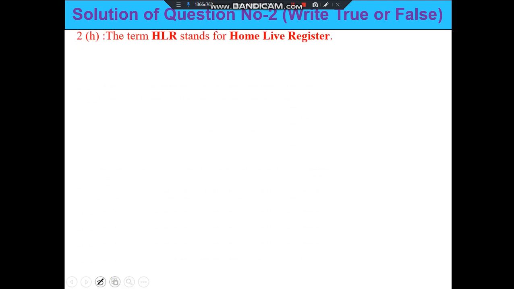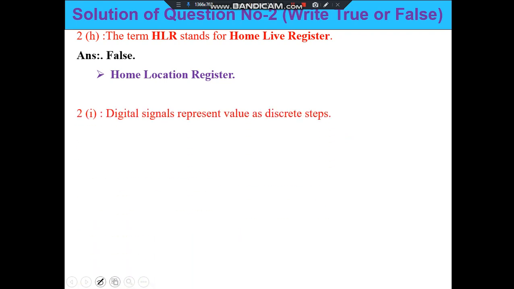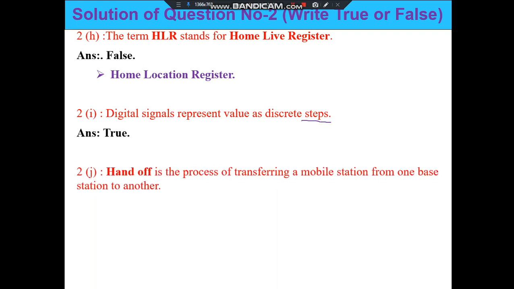Next, the term HLR stands for home life register. HLR means home location register. Digital signals represent values in discrete steps. Handoff is the process of transferring a mobile station from one base station to another. So this statement is